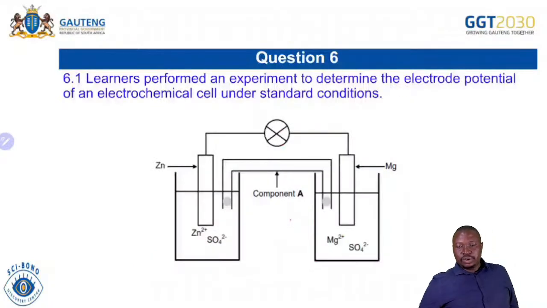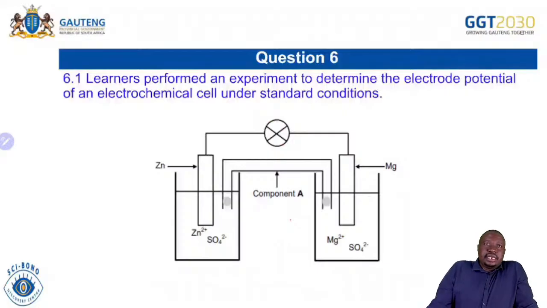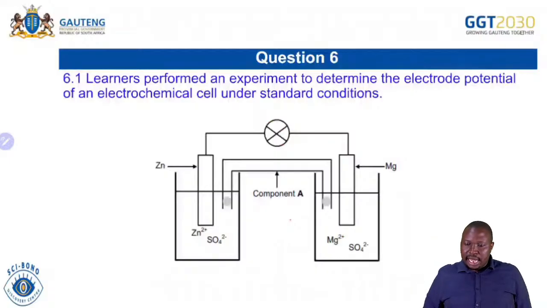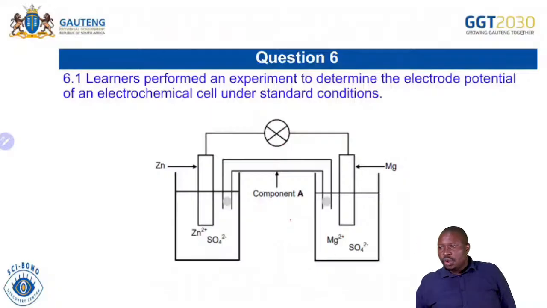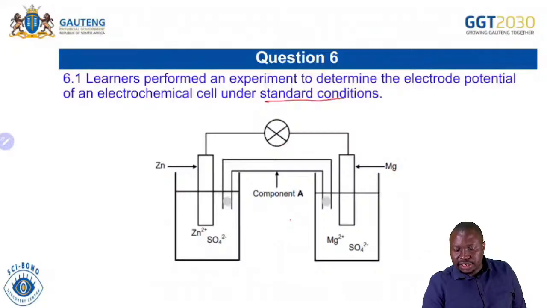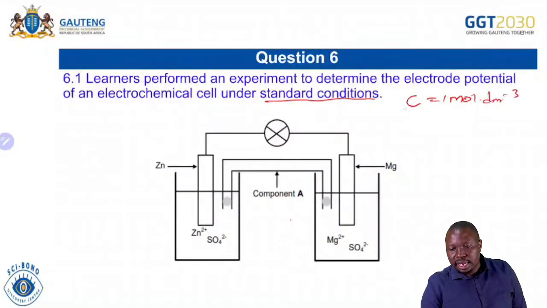So without any wasting of time, we're going to move to the question based on this section, which was question 6 in the paper written in May, June. Learners performed an experiment to determine the electrode potential of an electrochemical cell under standard conditions. So the conditions were standard. You must know what standard conditions are. Remember, standard conditions means initial concentration is 1 mole per cubic decimeter, temperature is 25 degrees Celsius, and pressure is 1 atm